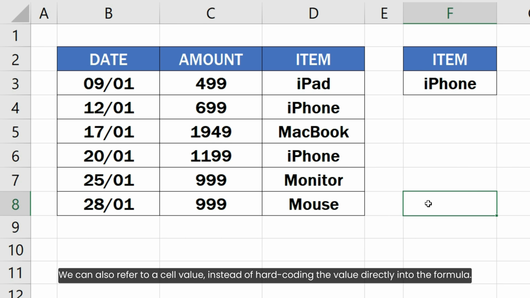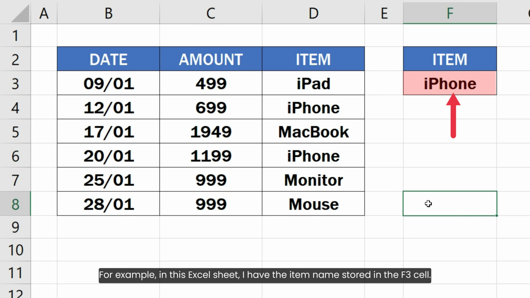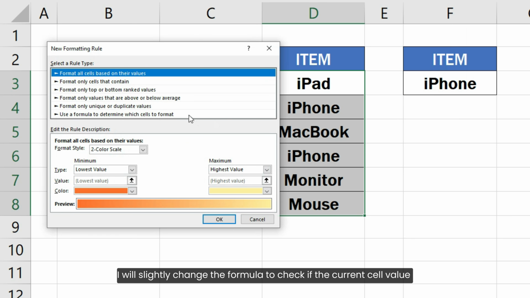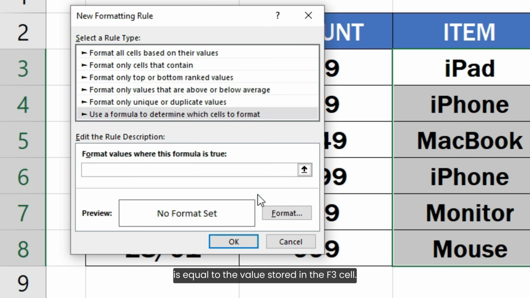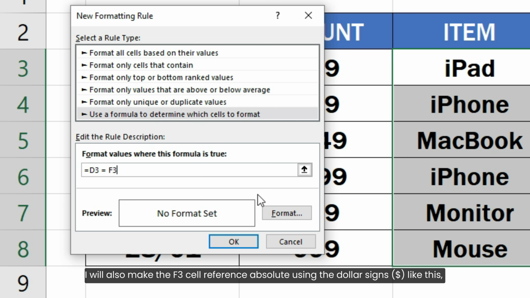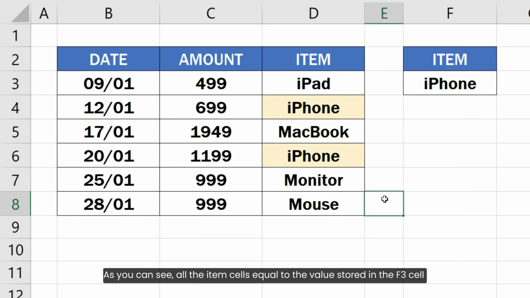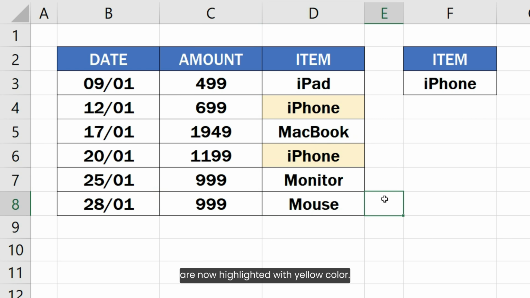We can also refer to a cell value instead of hard-coding the value directly into the formula. For example, in this Excel sheet, I have the item name stored in the F3 cell. I will slightly change the formula to check if the current cell value is equal to the value stored in the F3 cell. I will also make the F3 cell reference absolute using the dollar signs like this so that it does not change when Excel applies this formula to other cells. As you can see, all the item cells equal to the value stored in the F3 cell are now highlighted